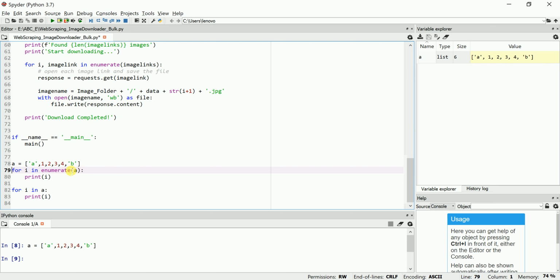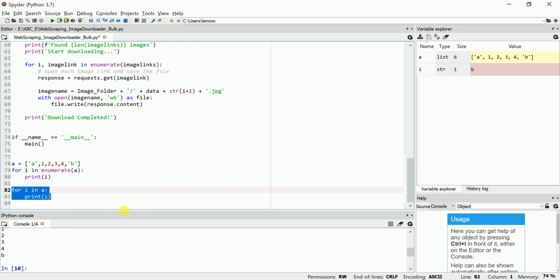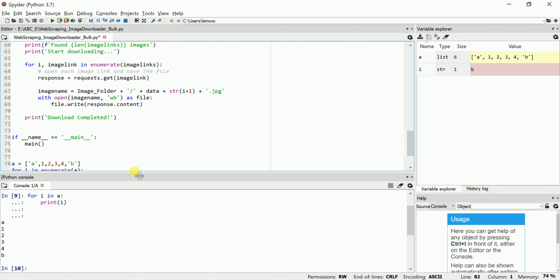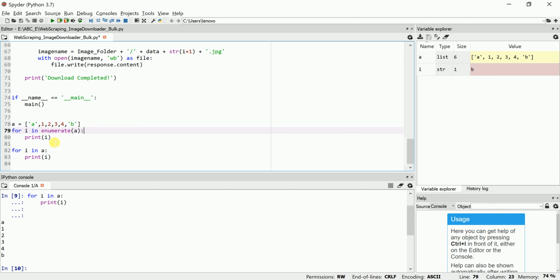Then if I print only for i in A, meaning this list, print i. Let me print this first. You can see here it is printing A, then 1 2 3 4, then B.